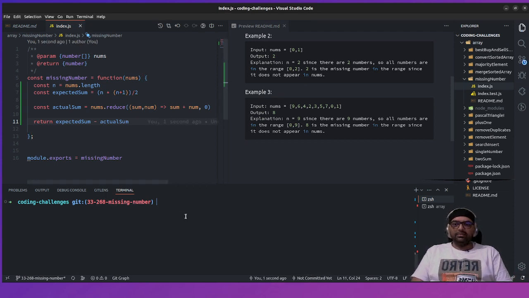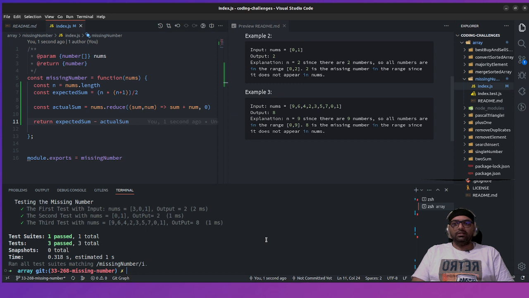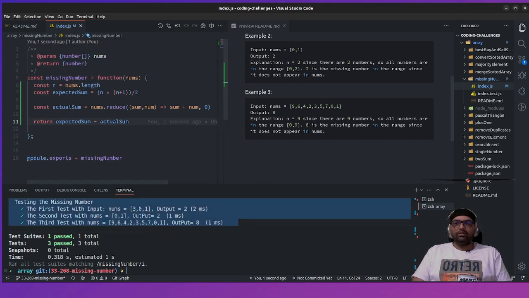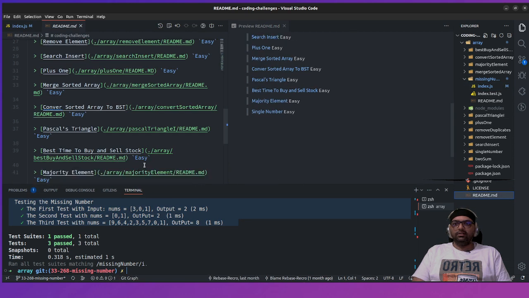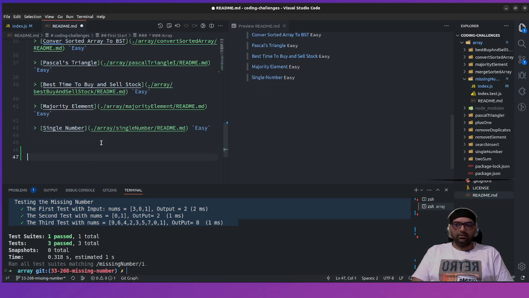So this is the missing number, and when we go for the test, npm run test missing number, we will be able to see that we have our missing number output. And I really forgot to write over here into my range, saying number,